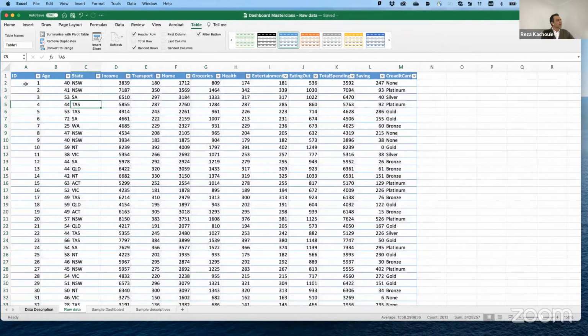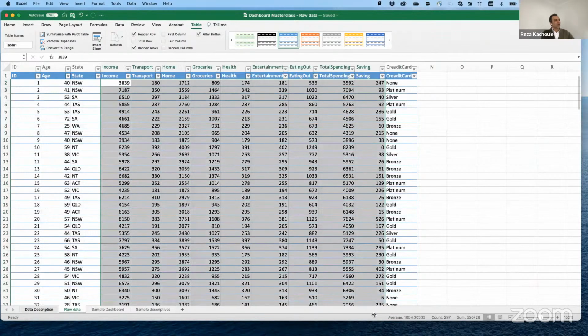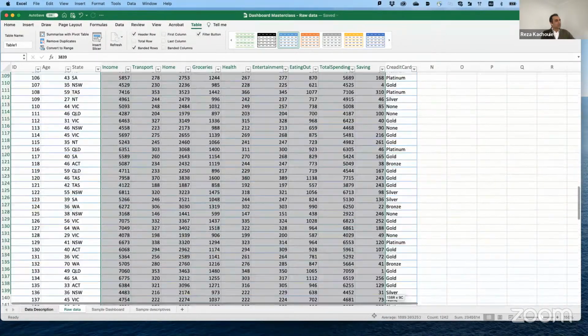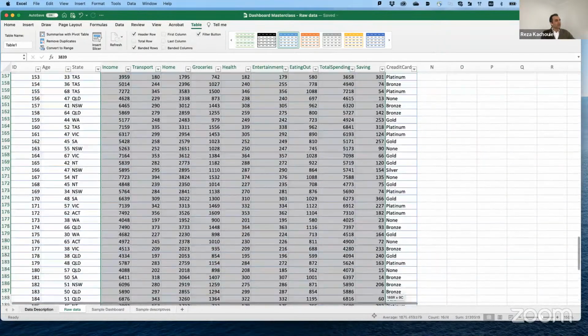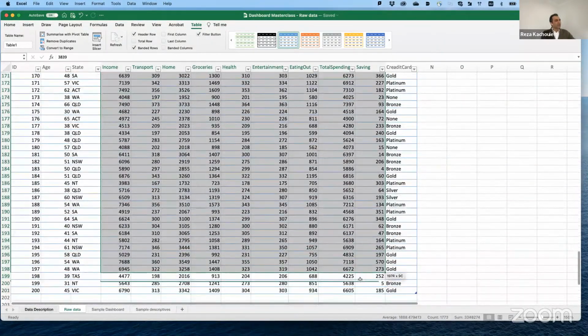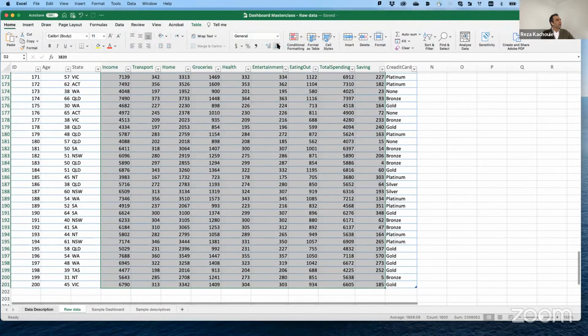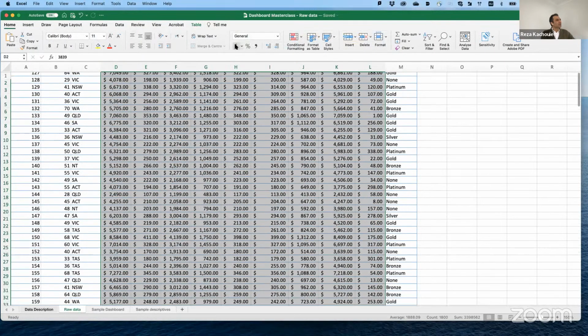Now we can see that's our data. We know that all of these values, income, spendings, and savings, are all dollar values. I am going to change the value format to currency. So let me go home and change it to currency.